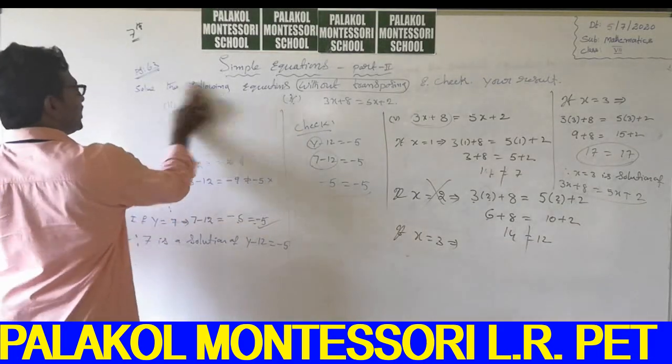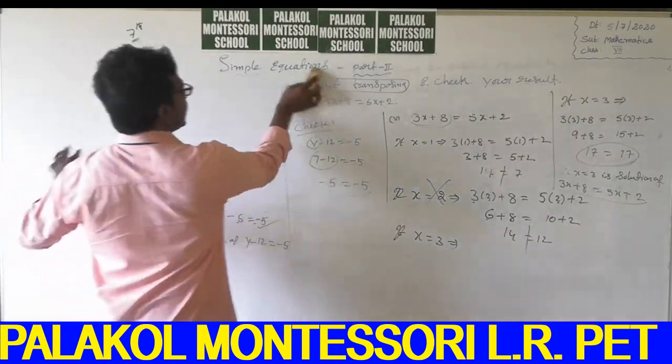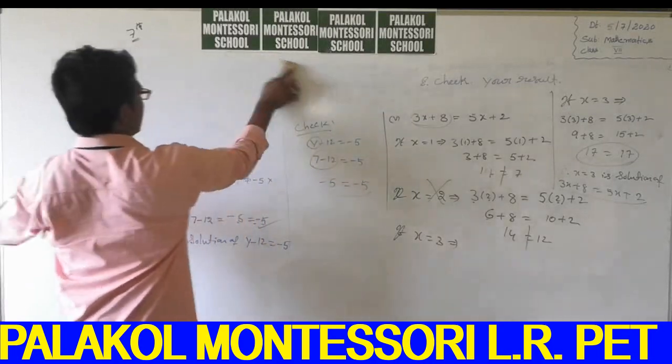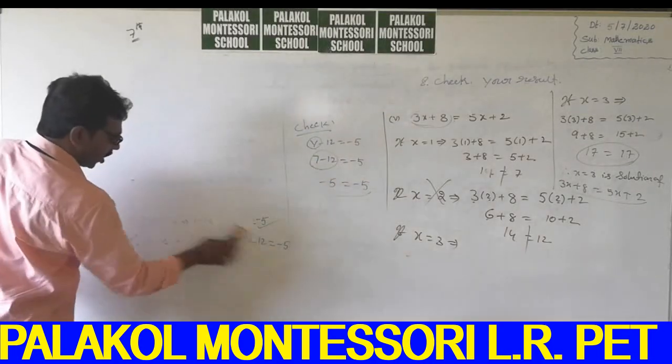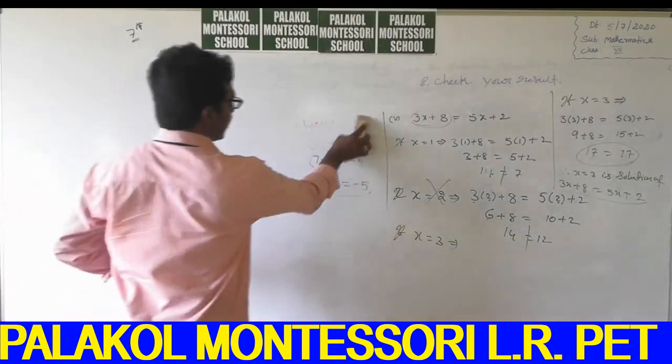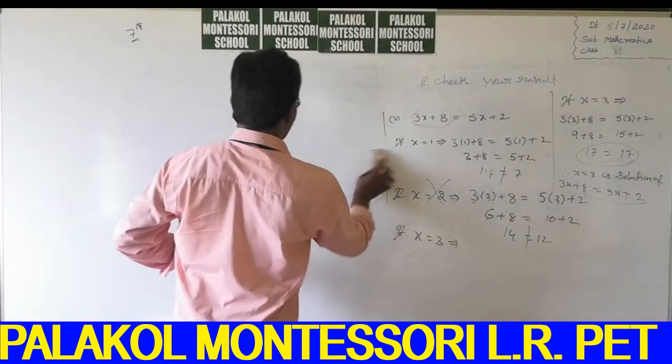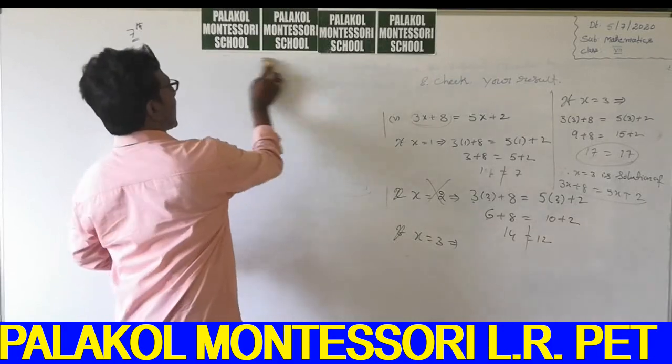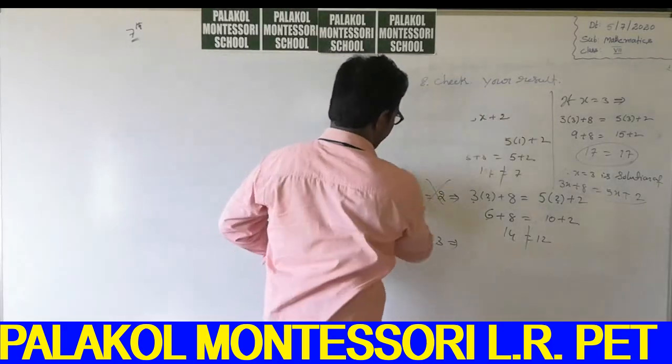All sums are impossible to do with this model. In some situations, a very large number is the satisfaction of the given equation. That's why we use another method, that is the transposing method, which is better.